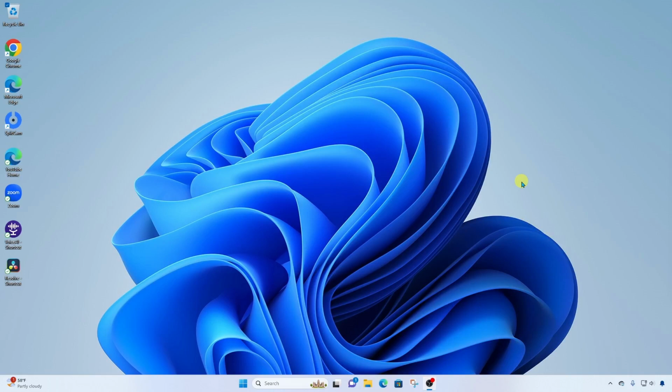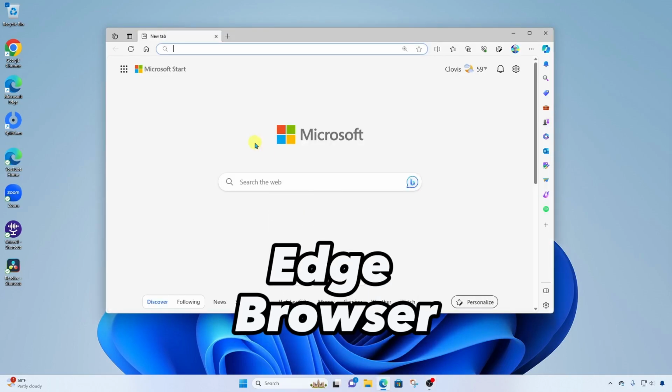You can use this to chat and create groups. I'm going to show you the version that you can use with your personal Microsoft account. Let's check it out. Okay, so first thing we're going to do is open up Microsoft Edge or your favorite